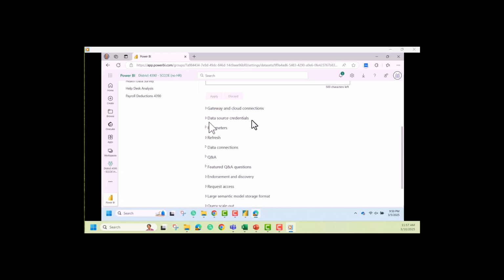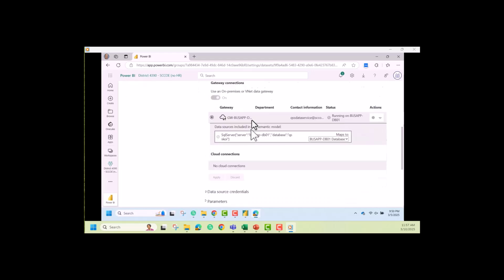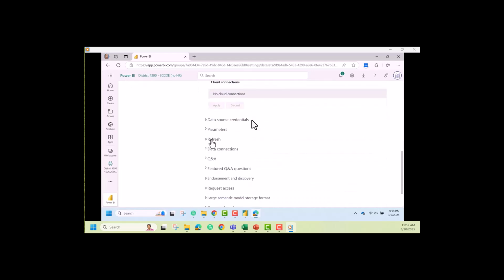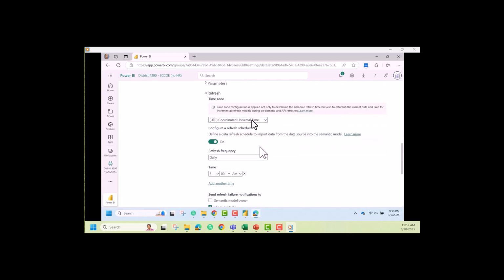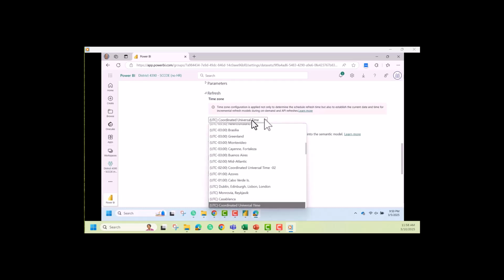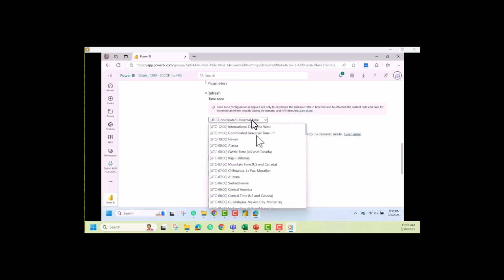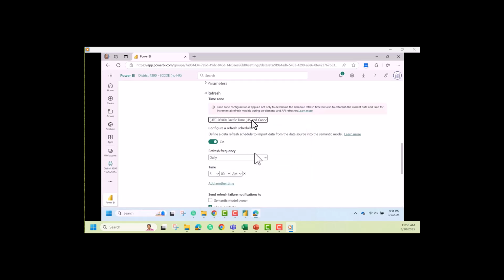Let's go down to the refresh area. I don't know why I clicked there. It's this refresh area. And I do see 6 a.m., and I realized I did not set the time zone. So put that back to Pacific time. And then when I click apply on this one,